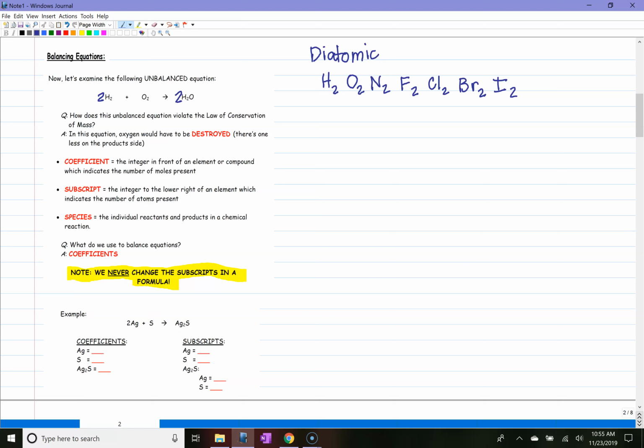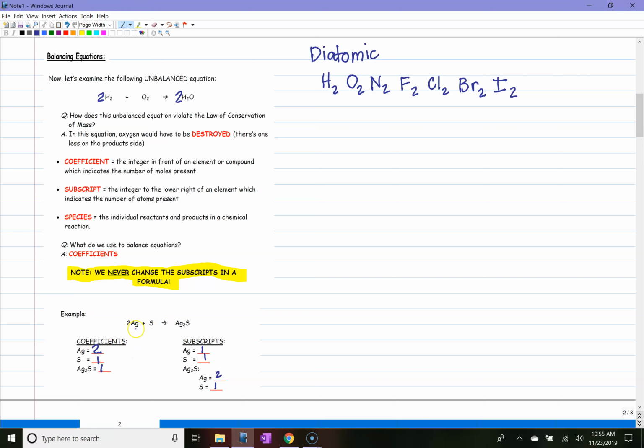So in this equation, the coefficients tell us that there are 2 silver, 1 sulfur. If there's no number as a coefficient, then that means it's the number 1, and 1 silver sulfide. The subscripts tell us that we have 1 silver, 1 sulfur, and then 2 silvers in silver sulfide, and 1 sulfur. So if we count it up,